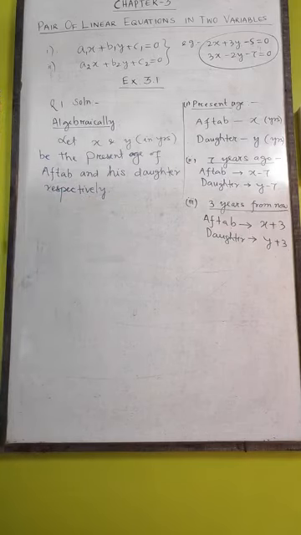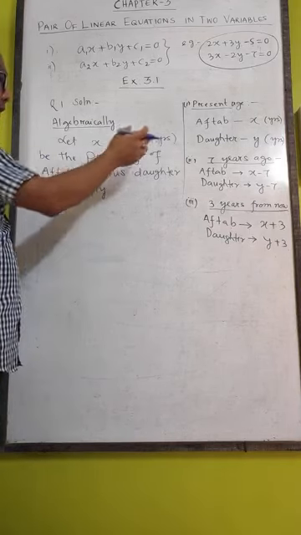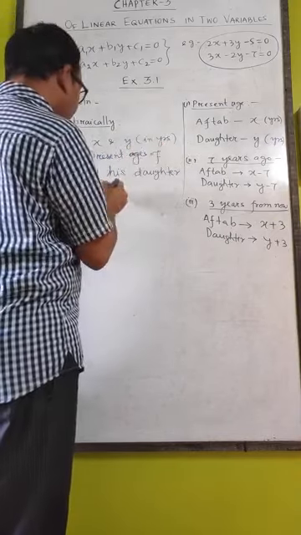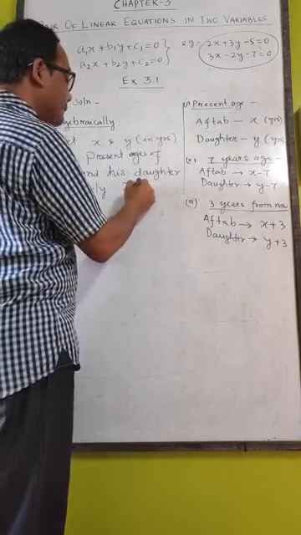We consider x and y in terms of years, with the present ages of Aftaf and his daughter respectively. Then